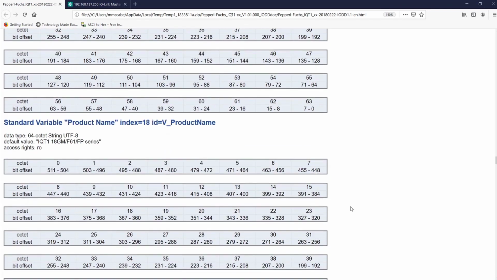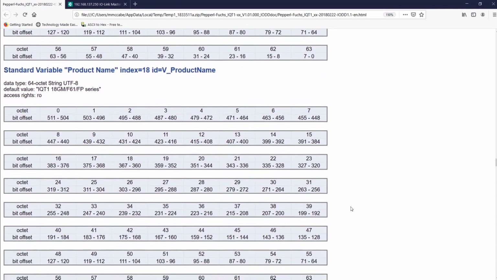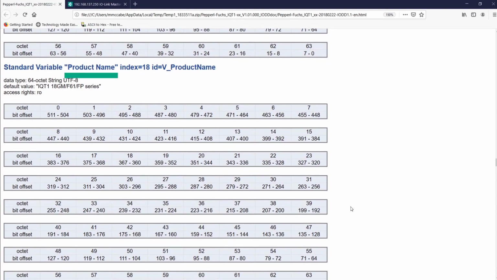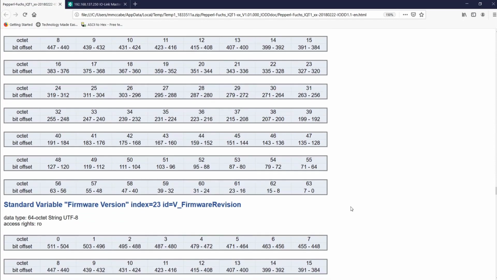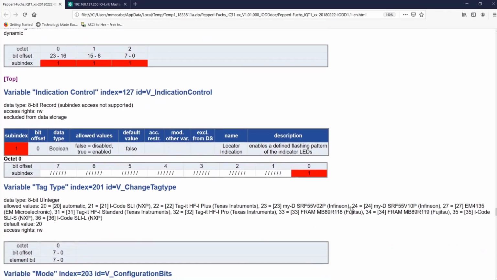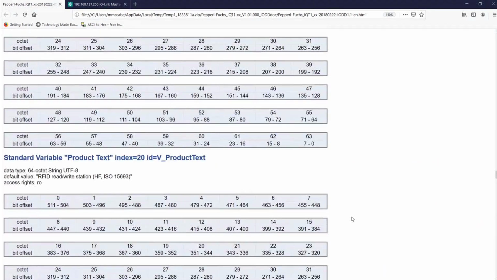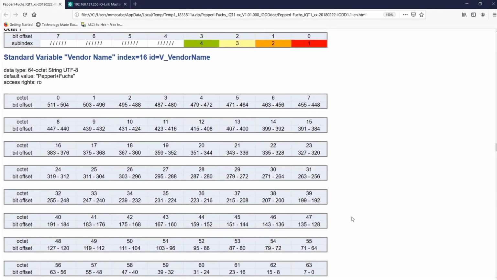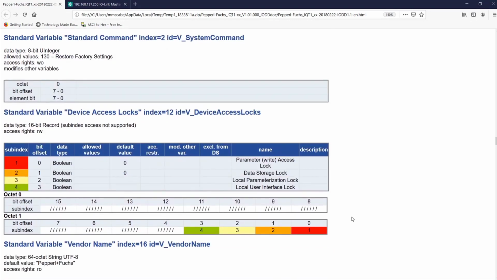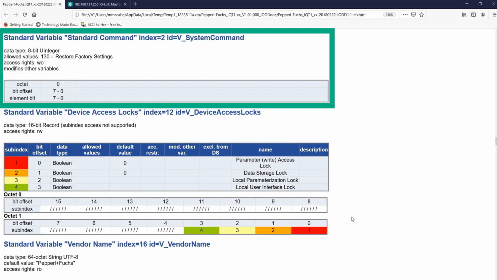These are ISDUs. They service your commands. So whether that's changing the product name to something else, or changing the RFID head from easy mode to expert mode, this is where on the HTML document that you can find this information. So back up to index 2, and here, I see the command that will let me